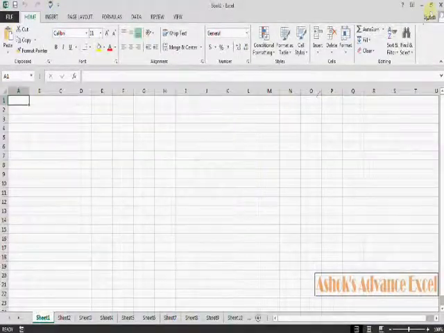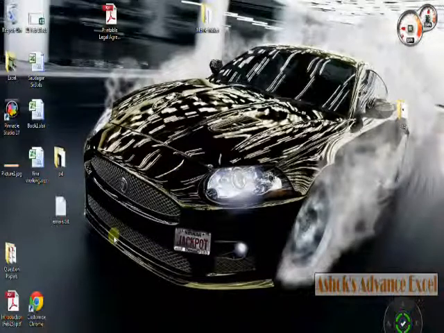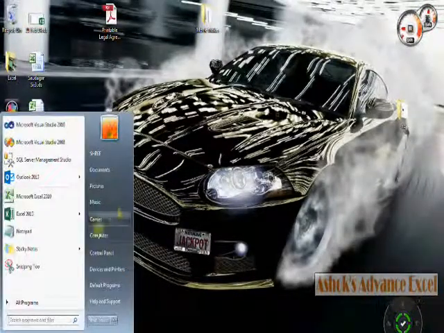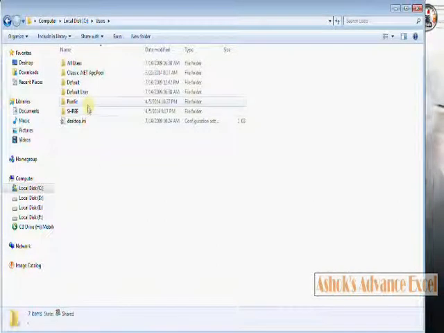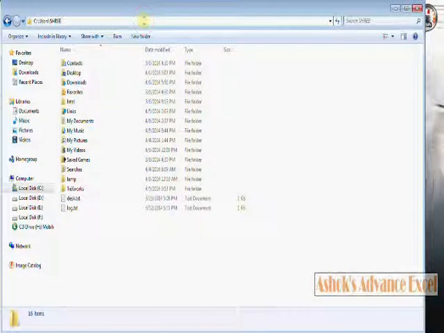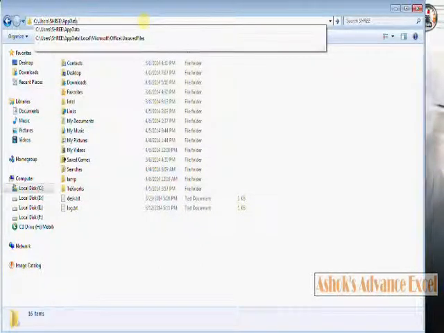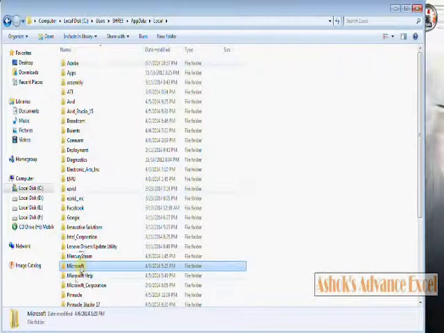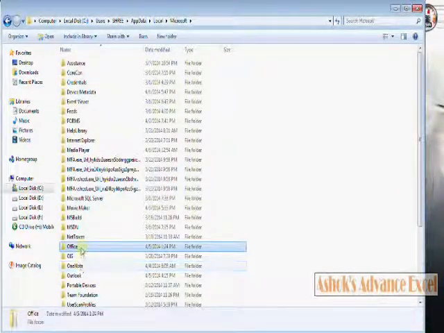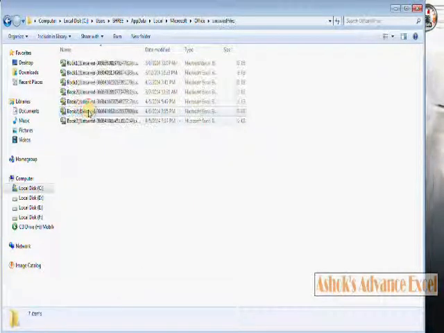Now I am going to C drive, username, AppData, Local, Microsoft, Office, and UnsavedFiles, and you can see all those files are here. Even though we did not save this file, Excel by default saved this file and kept it at this location.